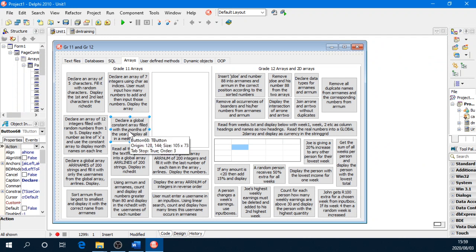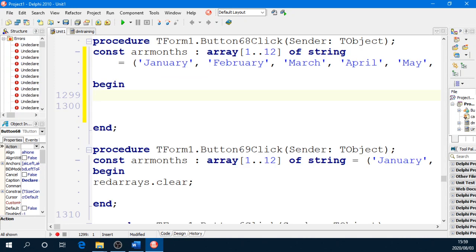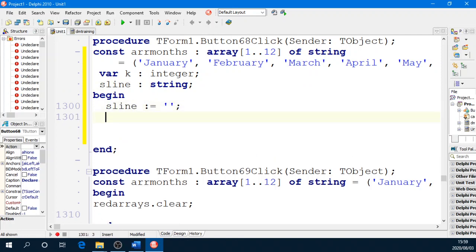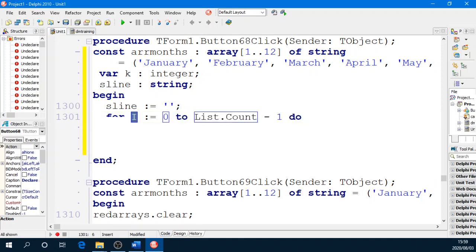Right, now we've got that constant array, now we're going to display it in a message box. So there are 12 boxes there, so I'm actually going to use a for loop. Each one has to be displayed in a message box, but if you're going to put it in a ShowMessage, we have to build a string. So I'm going to get a variable called sLine, a string. Then I'll say sLine equals empty, and then we're going to get a for loop, because we have to go through each box, 1 to 12 do. We're going to join each month from arrMonths to sLine,